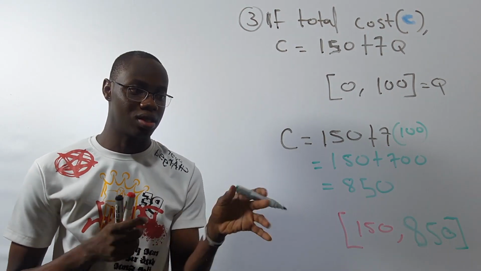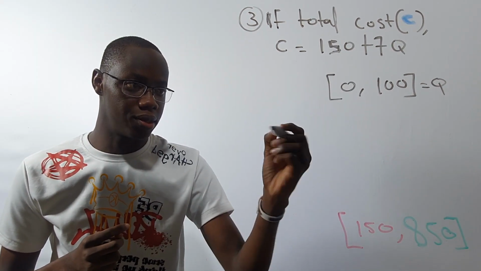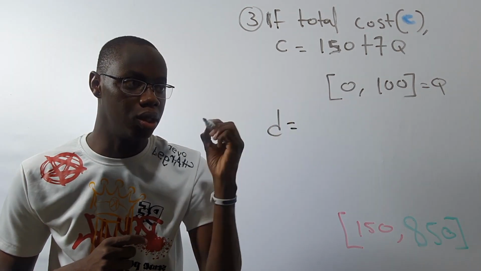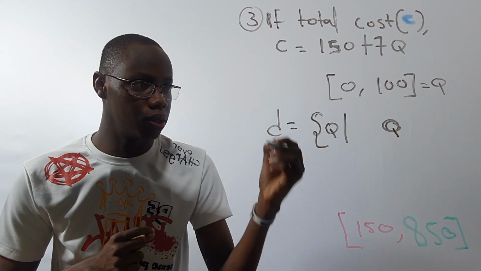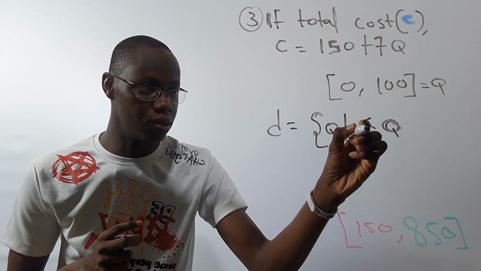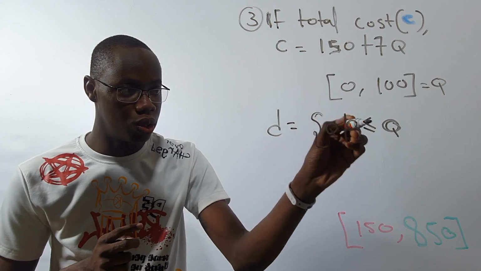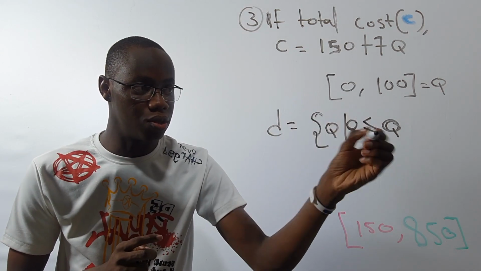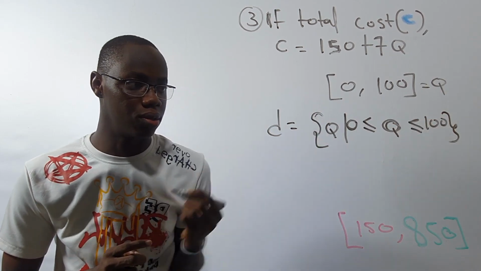You get, like a set, a group of numbers. Or another way to represent this, you can write in set builder notation like this. For the domain, for example, let's say D is for domain. Inside the domain you can put Q, such that this Q is greater than or equal to 0, like this, 0 is less than or equal to Q. So Q starts from 0 and above, and this Q must be less than or equal to 100. Set bracket. Makes sense, right?